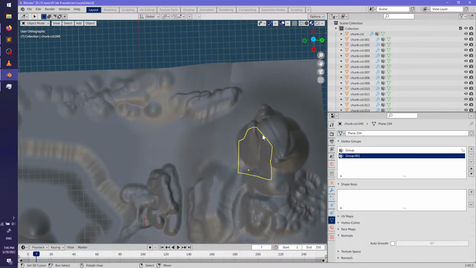Wait, now it's just going fast. Now it's doing it fast. What am I doing differently? I'm not doing a damn thing different.